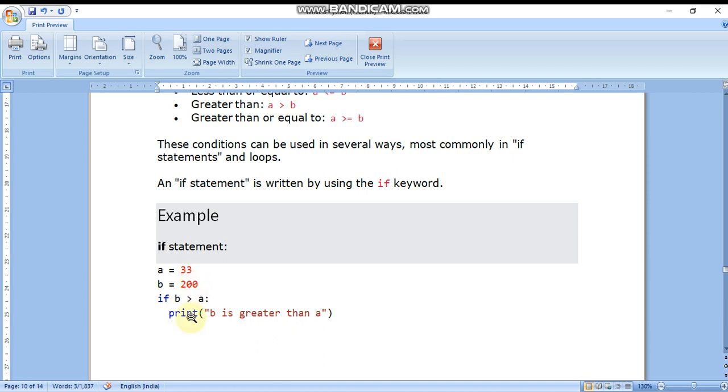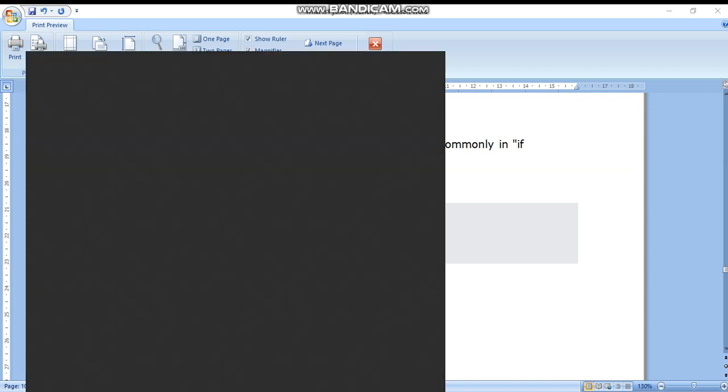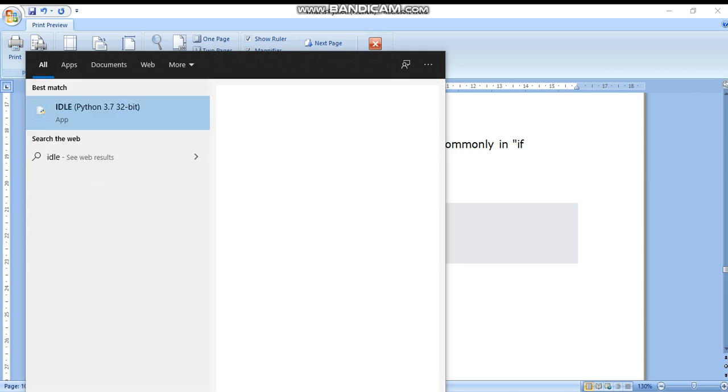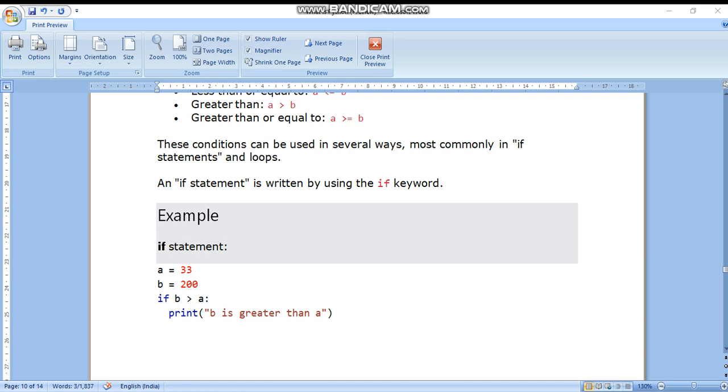If this condition is true, this part will execute. This is called an if statement. Children, I think you already use this in Microsoft Excel. Now I'm going to discuss how we can see this practically.